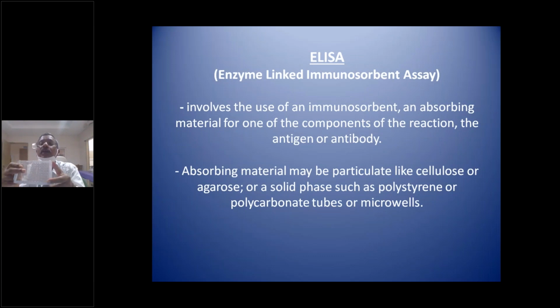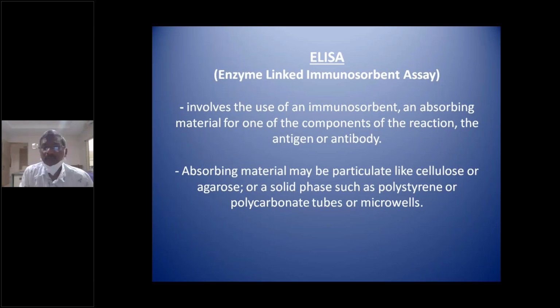Okay, this is the ELISA test, enzyme linked immunosorbent assay. In ELISA, there are direct ELISA and indirect ELISA. Antigens or antibodies can be detected. For example, rotavirus antigen can be detected, and not only rotavirus, many antigens can be detected. HIV antibodies can be detected, and sometimes HIV antigen can be detected.